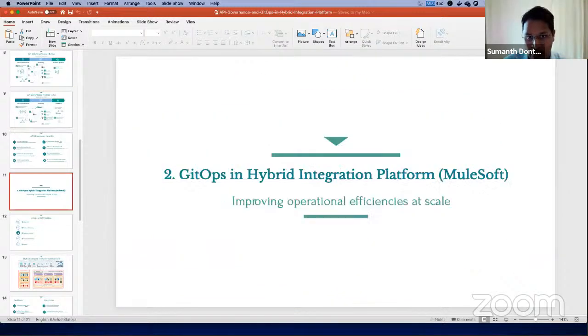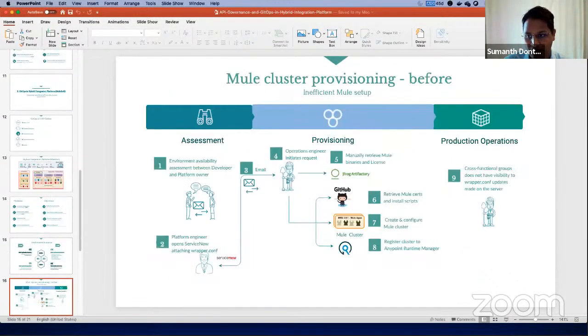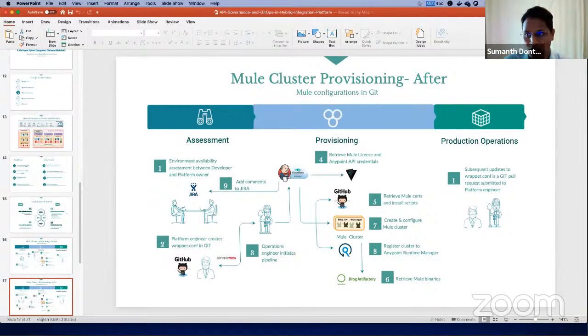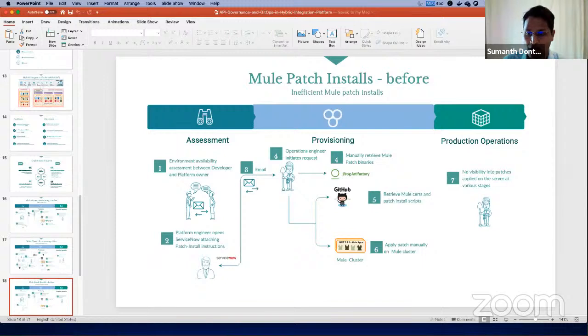From the operations point of view, if you look at any of the Mule patches, this is a consistent pattern I've seen: log on to the server, stop the server, do some action, either update the wrapper config or put a jar file, and that can be scripted. You don't have to use Ansible, Chef, or anything of that. It's a simple script. So that's what we did.